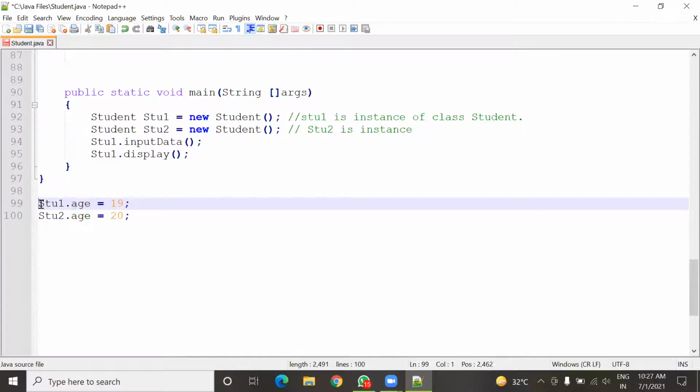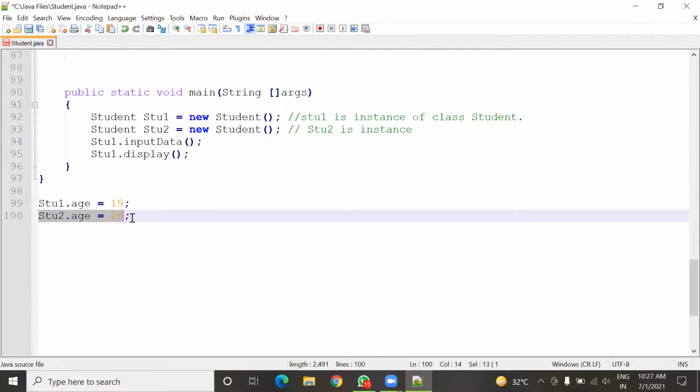In the first case, it is accessed by stu1, and for stu1 the age value is 19, and for the second object stu2 the age value is 20. So these variables are known as instance variables, because the value inside these variables can be different, and it depends upon the instance using which the variable is accessed.